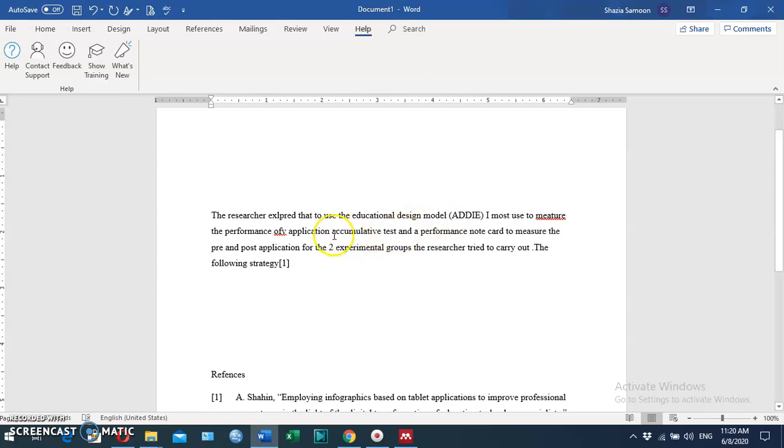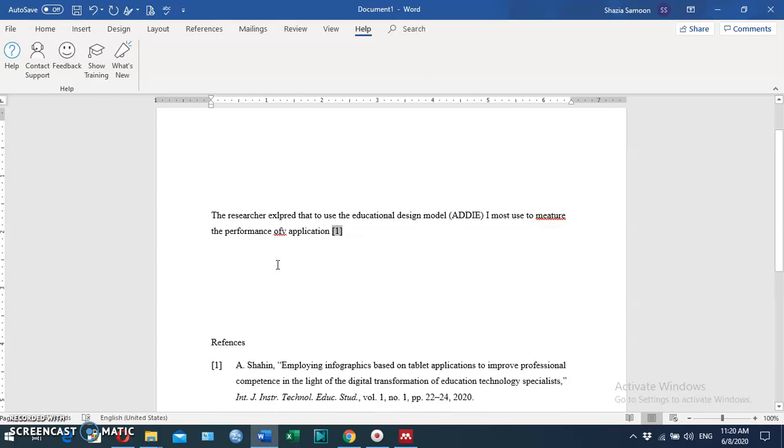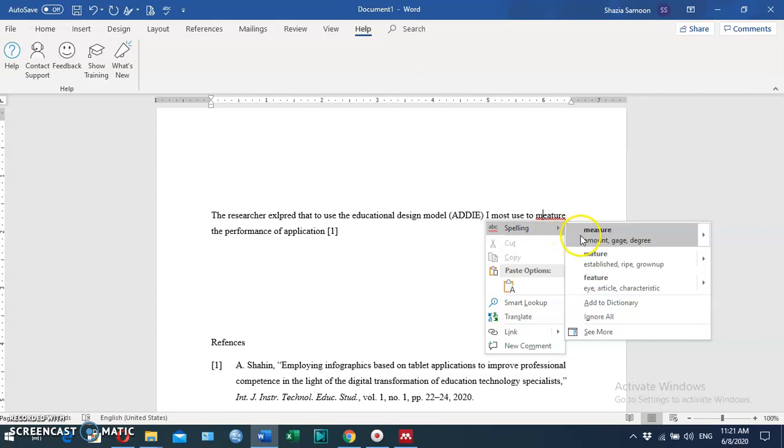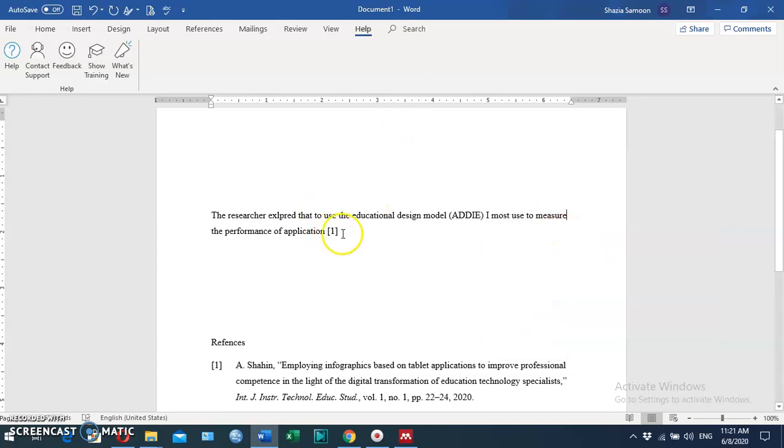Okay, then the remaining will be deleted because we wrote this in our own words. So this is rephrasing. We add the reference into this document.